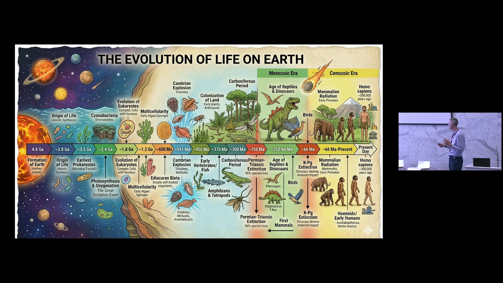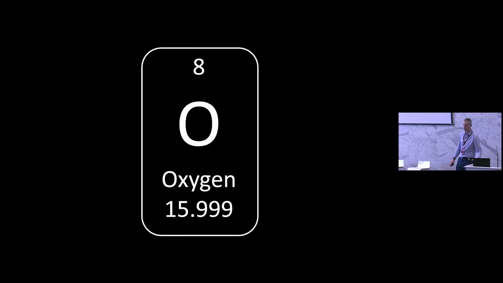So one thing I'm just going to talk about is something called the Great Oxidation Event. So this happened kind of 2.5 billion years ago. Okay. So we are all here breathing oxygen in this room. Otherwise, we would be in trouble. But 2.5 billion years ago, there was very little oxygen in the atmosphere. In fact, pretty much none that was free. Okay. Then something happened. And essentially, a bacteria evolved called a cyanobacteria.